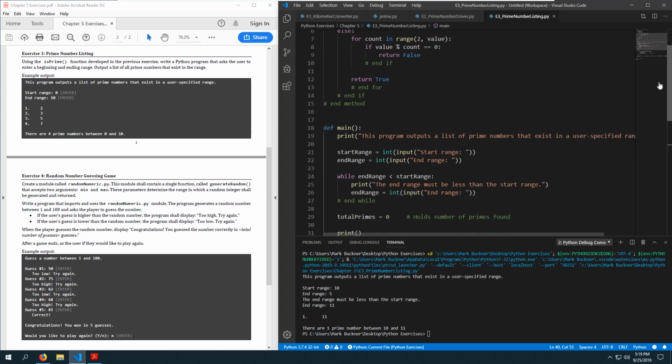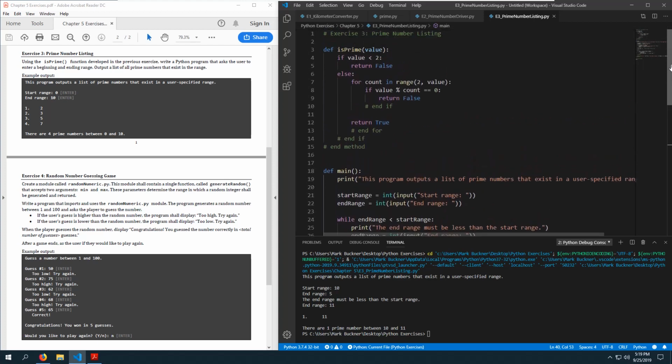Regardless of what programming language I'm teaching, I will always have students do an isPrime function. It's just a good program. It's a good algorithm to think through. All right, that will leave